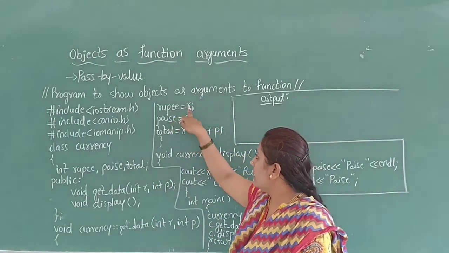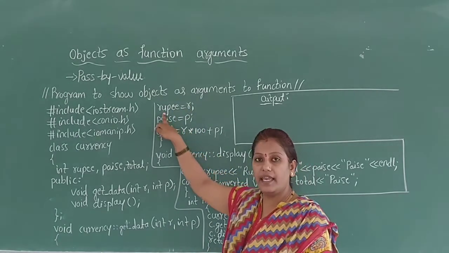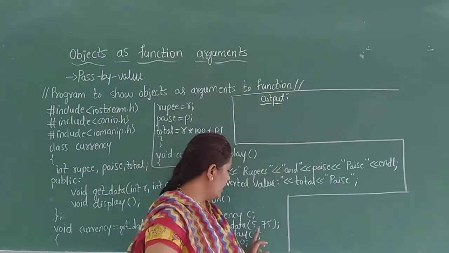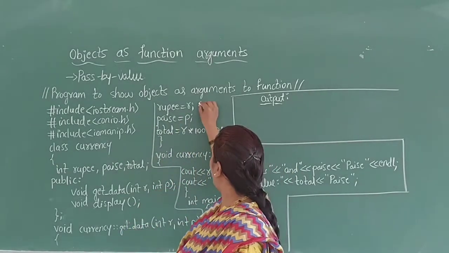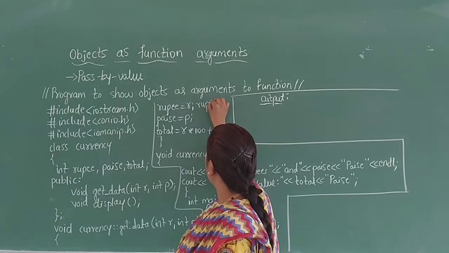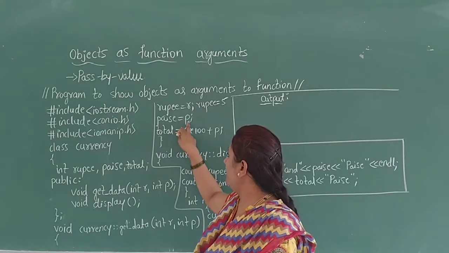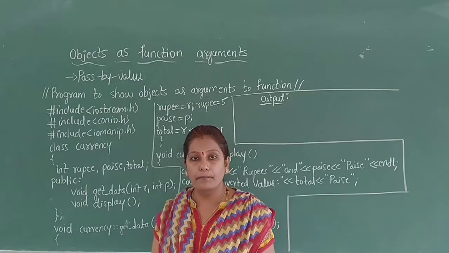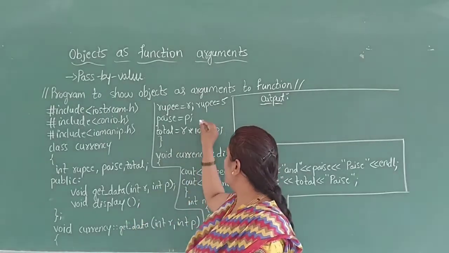And here the r argument is assigned to the variable rupee. Here the r value is passed as 5, then 5 is assigned to the variable rupee. Then the p value is assigned to the variable paise. The 75 value is passed as the p value. Then